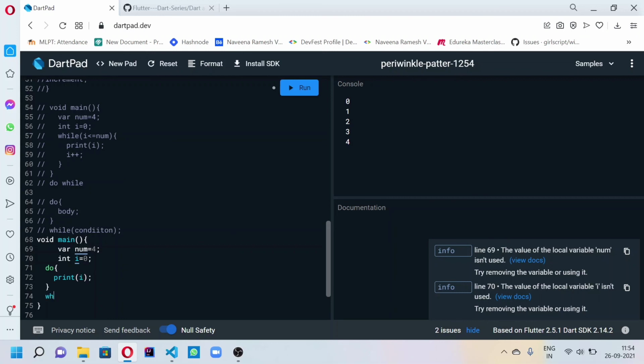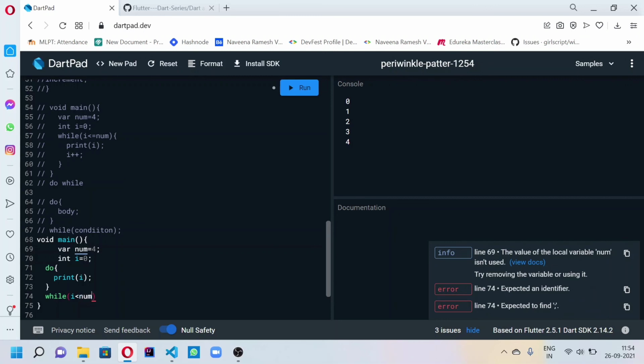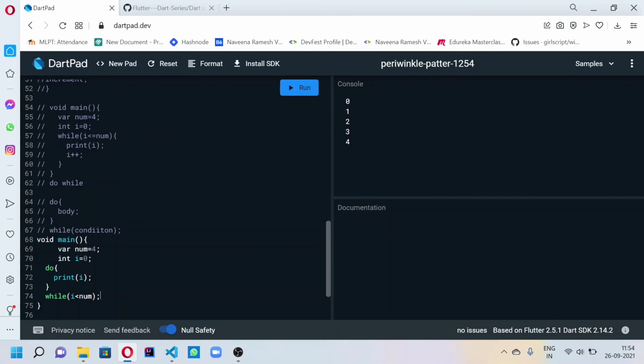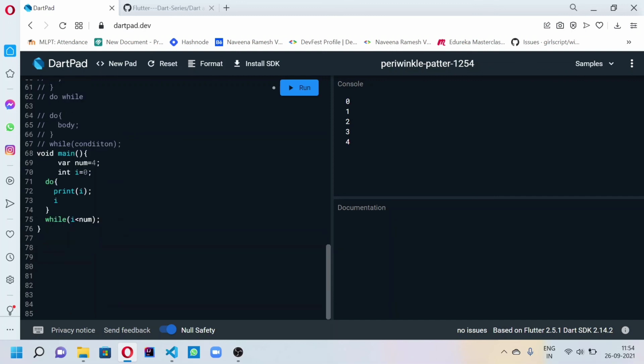After that we'll check the condition, while i is lesser than num. In this I have made a mistake. What mistake? Check it. Yeah, I have got it right. I haven't given the increment.